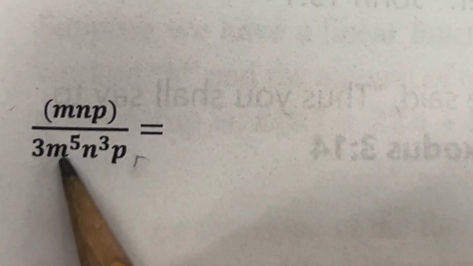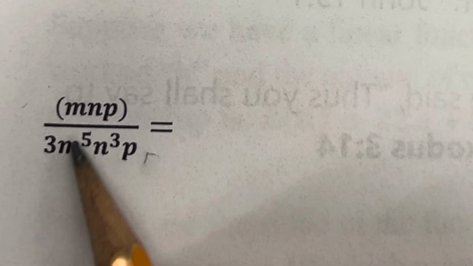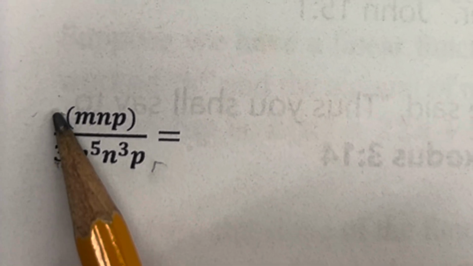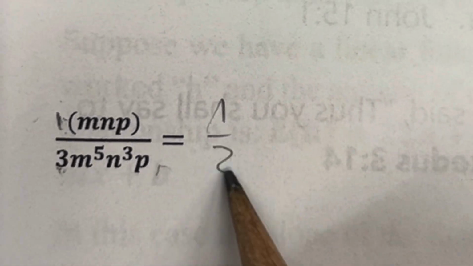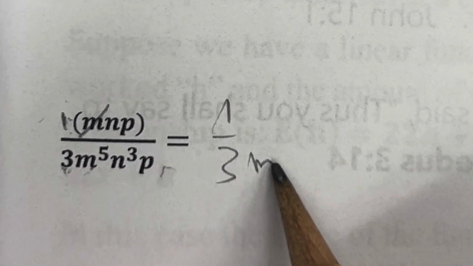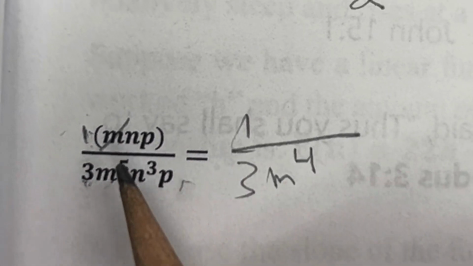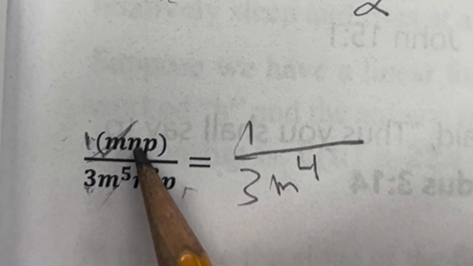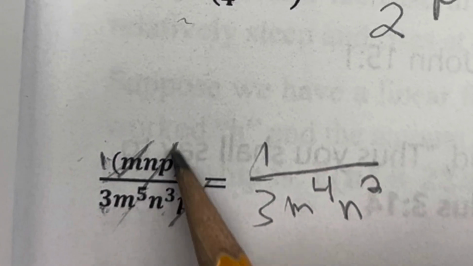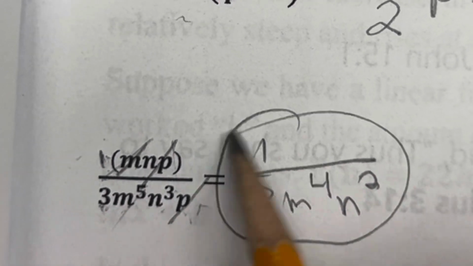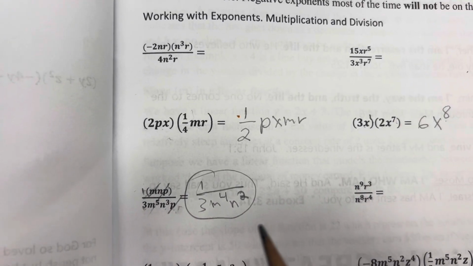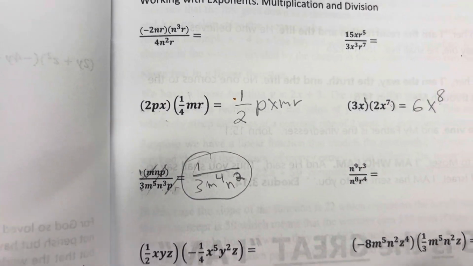Here when we divide, we simplify, we subtract exponent. So the number is 1 over 3, even if you don't see it, here there is a 1, so 1/3. M, simplify m to the 5, so here will be now m to the 4th, because we simplify 1 m here with 1 here. N and n3, it will be n squared. And p is only 1 and 1, so it's a 1. So the answer is this one. You don't have to do anything else, okay? So check the properties of the exponent, try to do the other ones, and